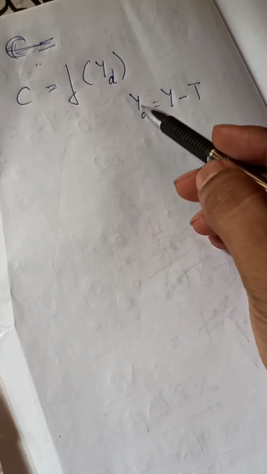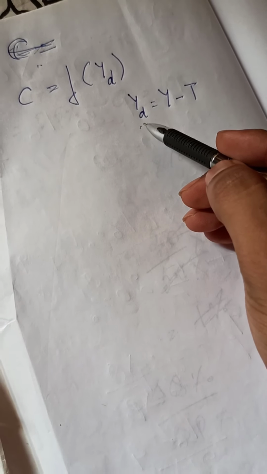The topic that we shall discuss today is the consumption function, and it basically shows the relationship between consumption expenditure and the level of income. More specifically, it shows the relationship between consumption expenditure and disposable income. What is disposable income? Disposable income is denoted by YD, and it is the income that is left with you after reduction of taxes.